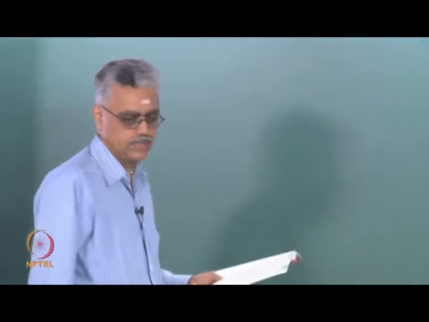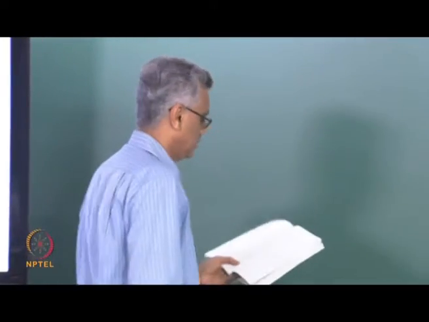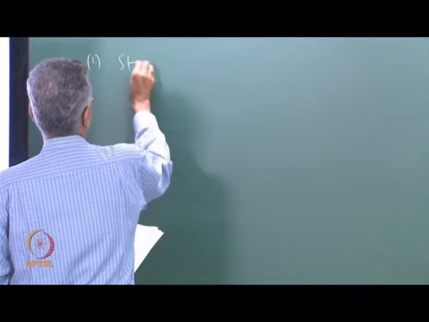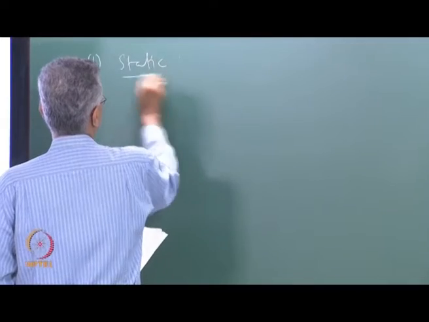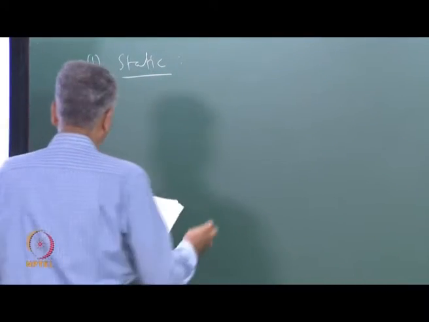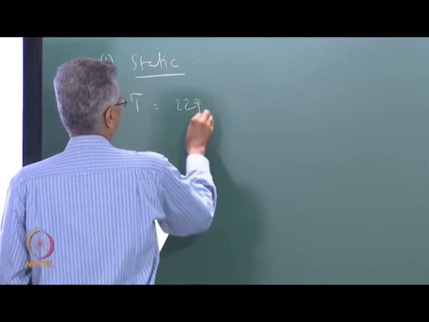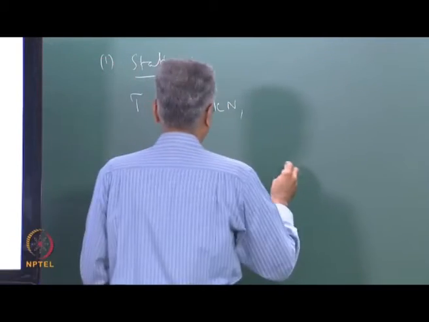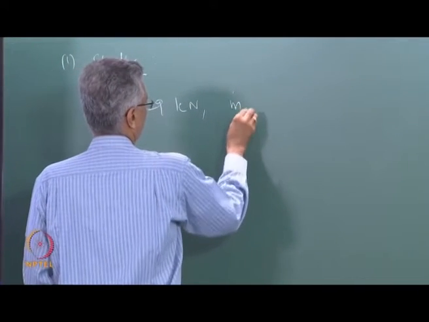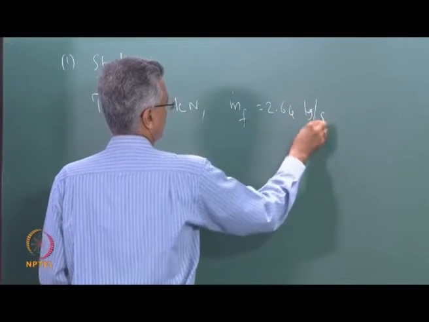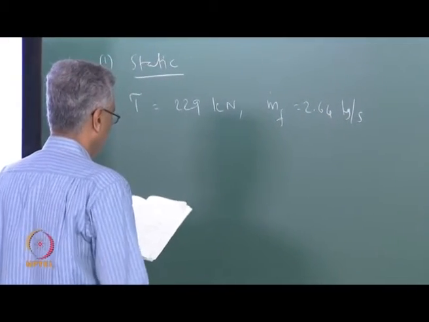In the last class, we did thrust calculations and fuel flow rate calculations for a turbofan engine. Let us summarize what we have done so far for this problem. We looked at two operating conditions. One was the static test stand condition, in which we calculated the total thrust T of the engine to be 229 kilonewtons, and the mass flow rate of fuel mf dot to be 2.64 kg per second, which corresponded to a TSFC of